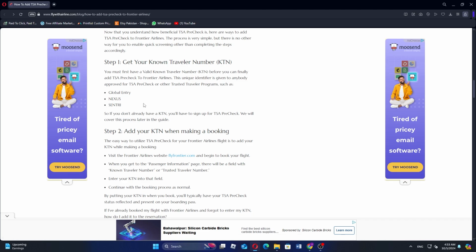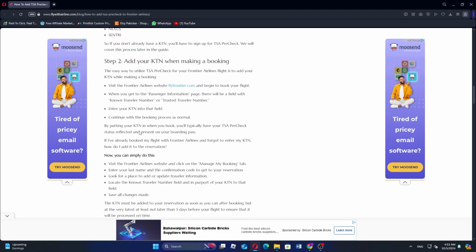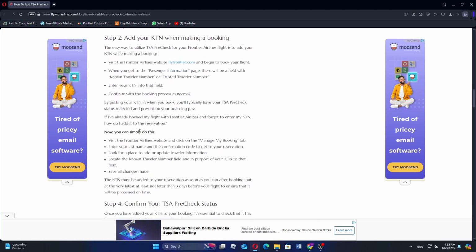Now visit the Frontier Airlines website, flyfrontier.com, and begin to book your flight. When you get to the passenger information page, there will be a field for known traveler number or trusted traveler number. Next, enter your KTN into that field and continue with the booking process as normal. By putting your KTN in when you book, you'll typically have your TSA PreCheck status reflected on your